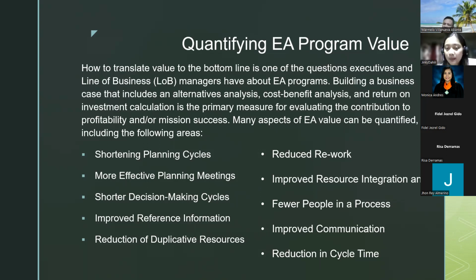So, fewer people in a process. EA supports business process re-engineering and business process improvement activity by encouraging planning in the context of both enterprise-wide cross-cutting requirements and lab requirements. Quantifying this includes the elimination of parts of a process that are repetitive. Also, streamlining the process to use resources more efficiently can equate to position requirement reduction and payroll savings.